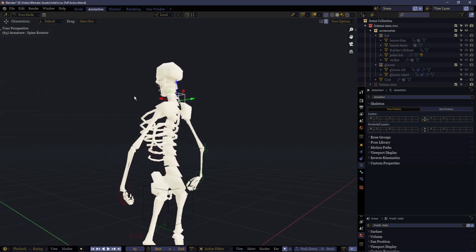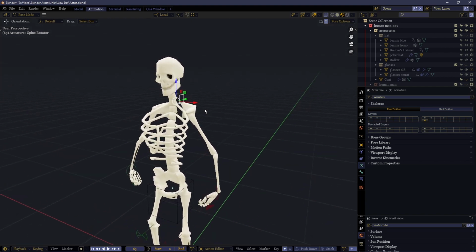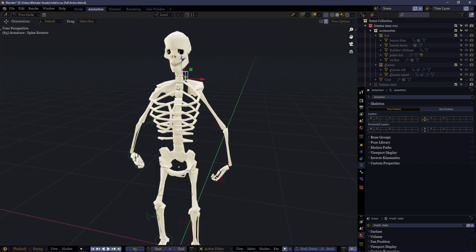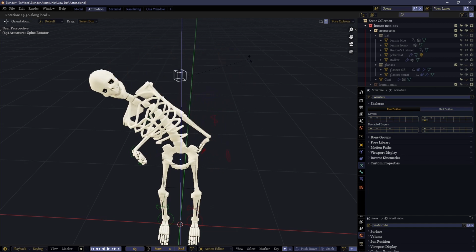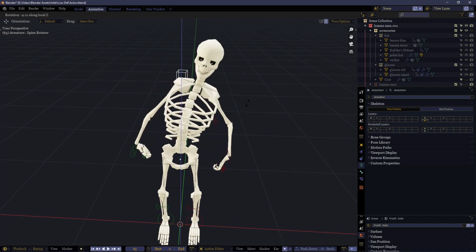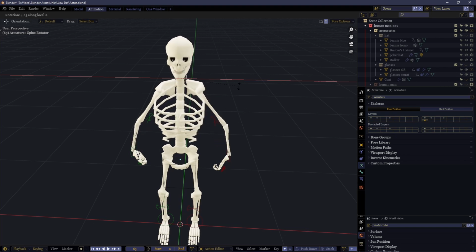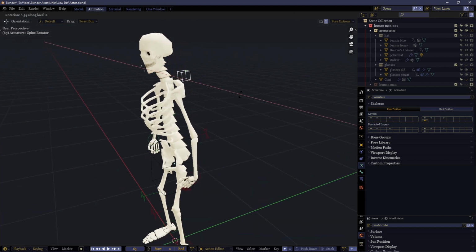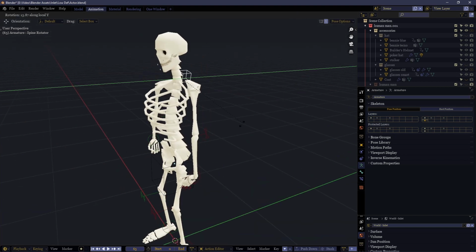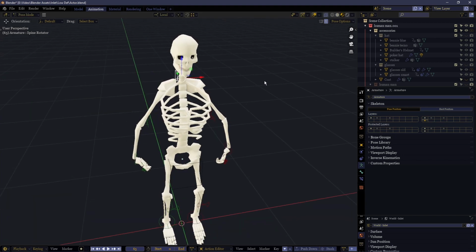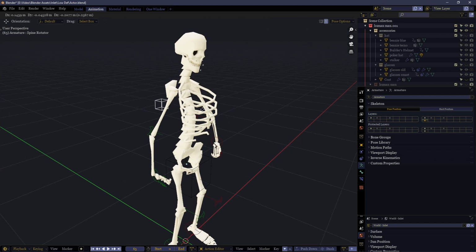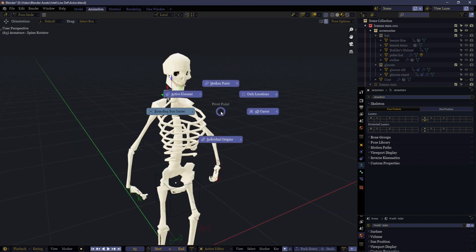Next, here at the back of the spine, which is rotated to control the rest of the bones going down the spine. If you rotate it around the Z plane, it moves around like this, left and right. Along the X, it leans forwards and backwards. And on the Y, it shimmies itself left and right, does a little dance. But on top of that, moving it around doesn't do anything. But scaling it does a few things.